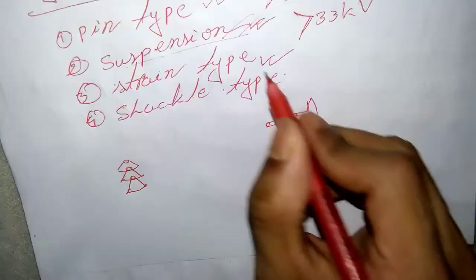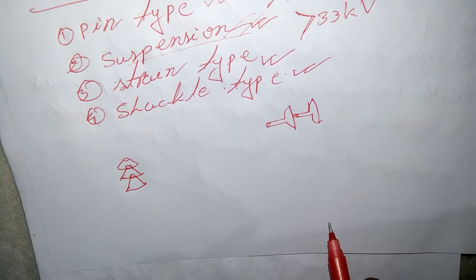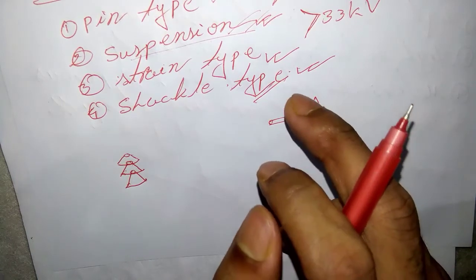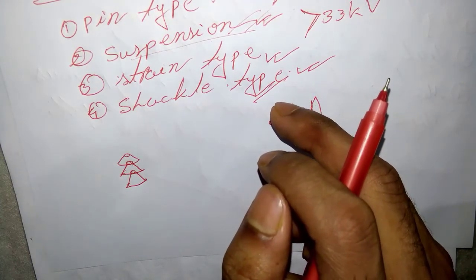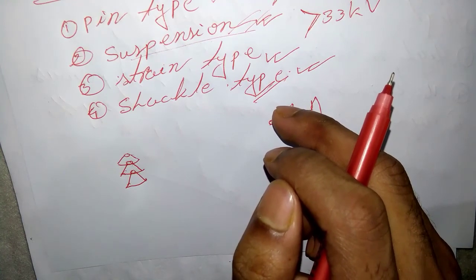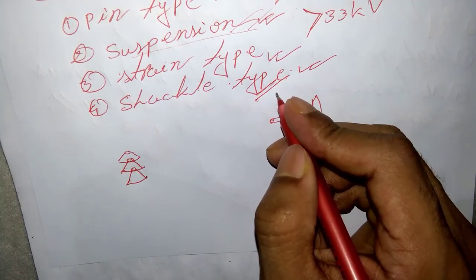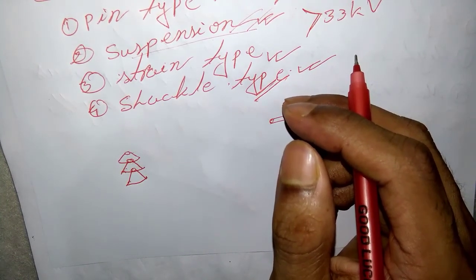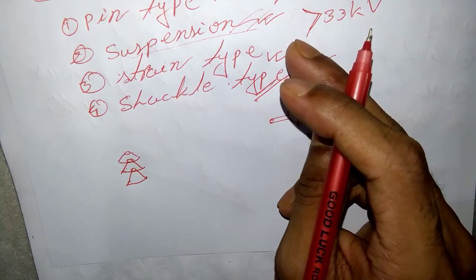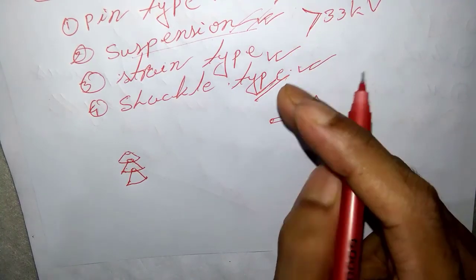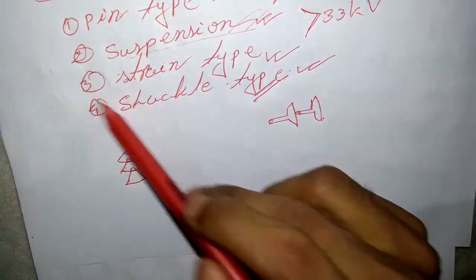Next, the shackle type of insulator. In early days, shackle insulators were used as strain insulators, but nowadays they are frequently used for low voltage distribution lines. Such insulators can be used either in a horizontal position or in a vertical position, and they can be directly fixed to the pole with a bolt or to cross arms. So those are the types of insulator and their discussion.